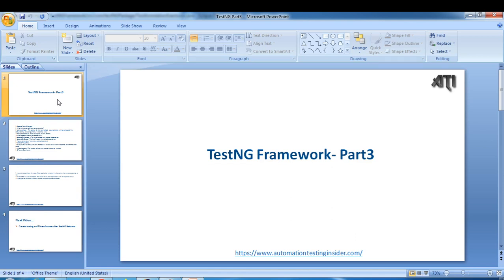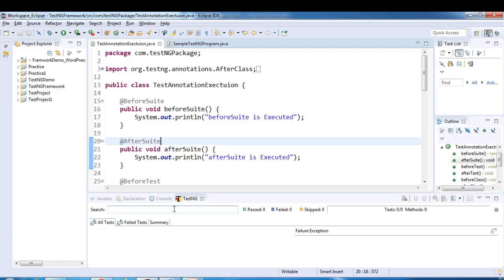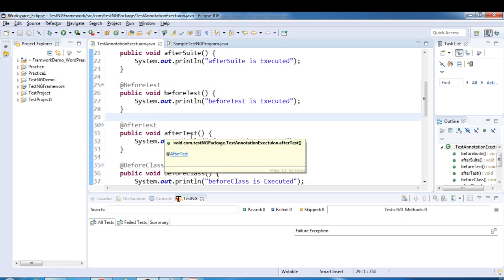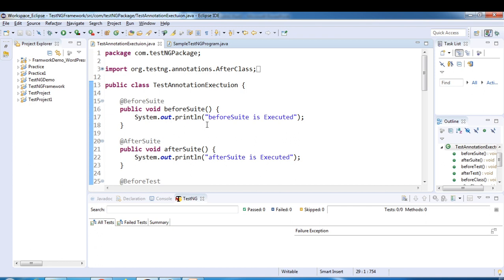So this is the third part of TestNG framework series, and in the previous video we talked about different annotations using simple script. So we talked about before suite, after suite, before test, after test. So these are the different annotations we have seen, and going forward guys, I'll create some more scripts, real-time examples where you can understand better